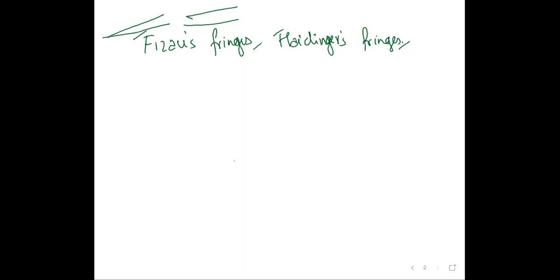Okay, I'm not going in detail with what is interference and all other things. I'll just jump into Newton's rings. So first I would like to introduce two types of fringes here. Okay, that is Fizeau's. Whenever two beams undergo interference,